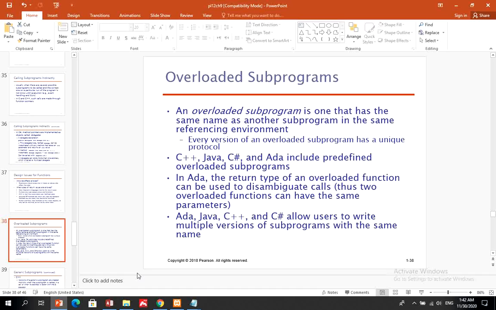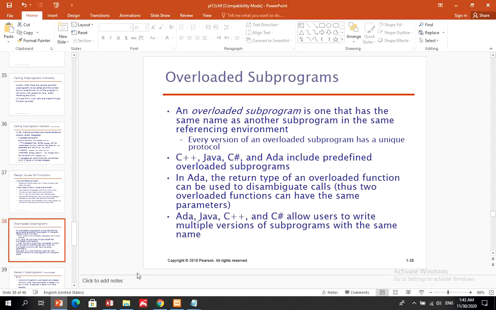In C++, Java, and C#, all include predefined overloaded subprograms, of course. In Ada, the overloaded function can be used to disambiguate calls, like two overloaded functions can have the same parameters with the same names,